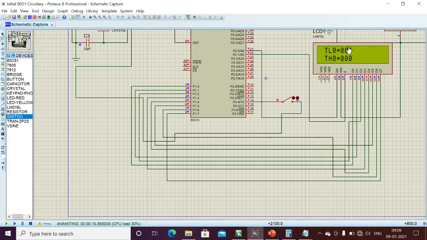Again this will start from 0 to 255, and again I increment the value by 1. This is my counting application. In a similar way, I am generating some clock pulses on the T0 pin, which is pin 3.4, so that it will start counting the external pulses. See here, I am giving the external pulses, and it has started counting the external